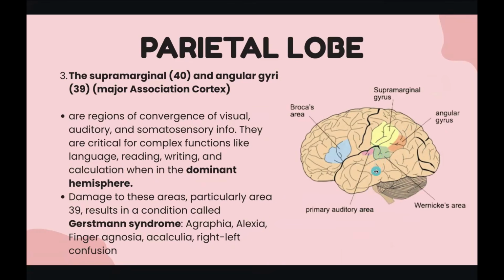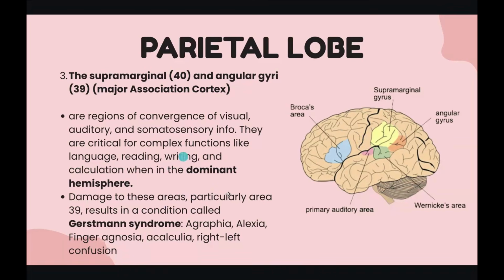So basically, these are regions of convergence of visual, auditory, and somatosensory information. They are critical for complex functions like language, reading, writing, and calculation when in the dominant hemisphere. All right. So their functions and their damage differ according to where they are located. If it's in the dominant hemisphere, then it has to do with complex functions like language, reading, writing, and